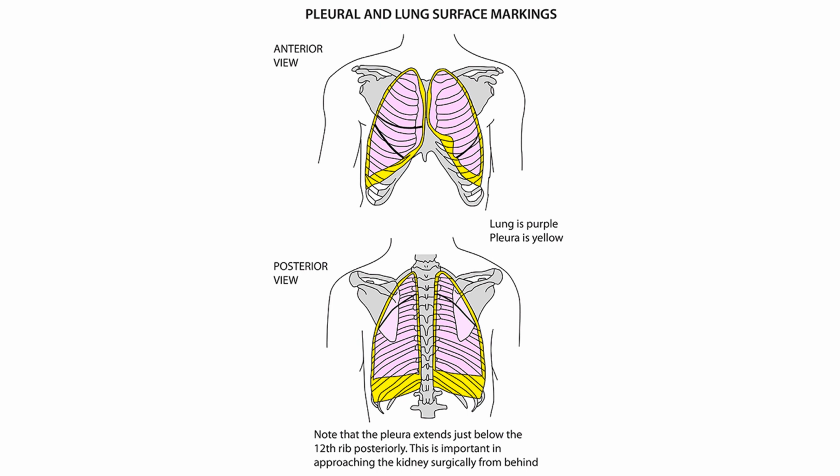In surface marking of pleura, cervical pleura is represented as an arch over the medial one-third of the clavicle with points over the sternoclavicular joint. Another point lies just 1 inch or 2.5 centimeter above the middle of the medial one-third of the clavicle in the neck, and third point is the lateralmost point of medial one-third of the clavicle. All three points are joined in an arch to represent the cervical pleura.